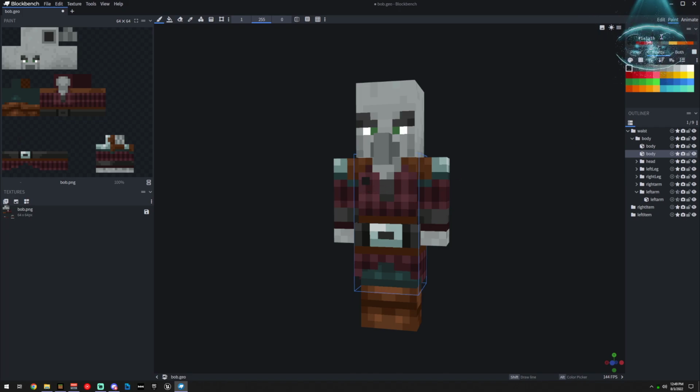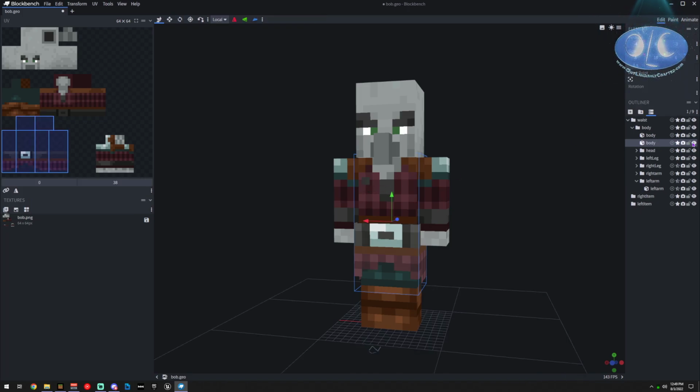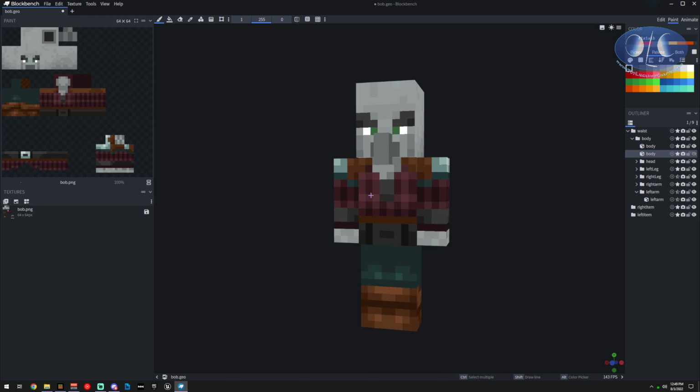Oh, sorry, we need to turn off his outside outfit. There we go. And I'm not going to do any arty stuff, I just want to show he changed. Okay, so now we have Bob and we have his texture and we save it.